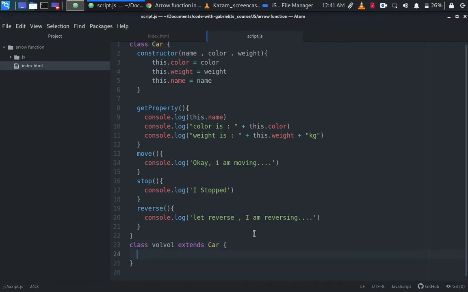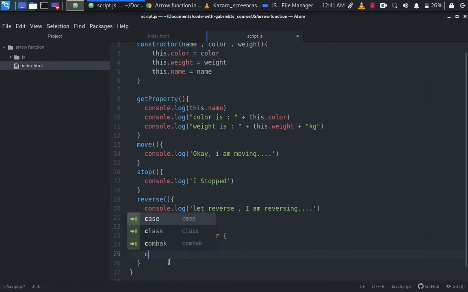Now maybe this class wants to have some kind of property by itself. Okay, getName, you can say getName here, and this one will log and keep telling us something, that okay, I am